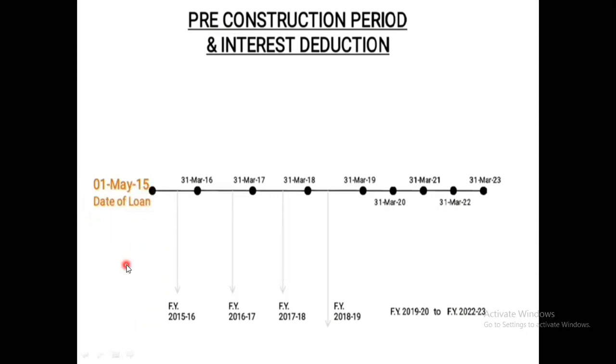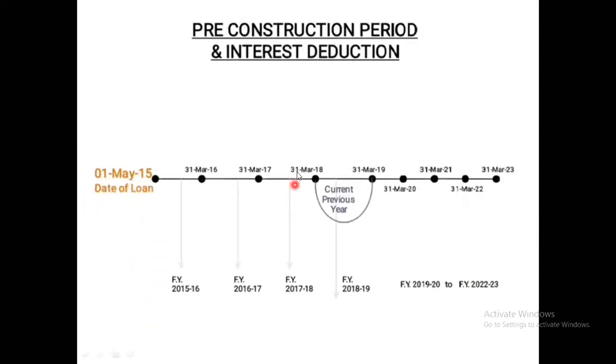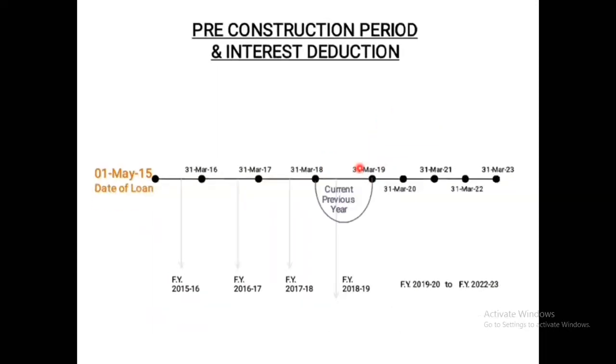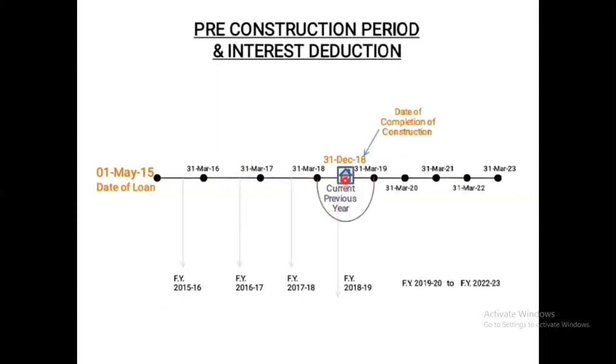And you can see that our previous year is from 1st of April 2018 to 31st of March 2019, when we are doing the assessment for the year 2019-20. So our current previous year will fall from 1st April 2018 to 31st March 2019. And you can also see that the date of completion of construction is on 31st December 2018 as per both cases. Now, once the date of repayment is completed,